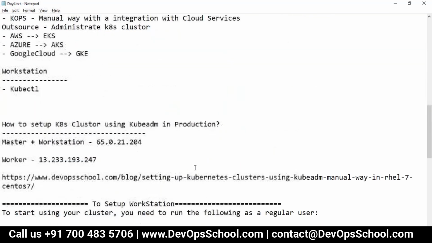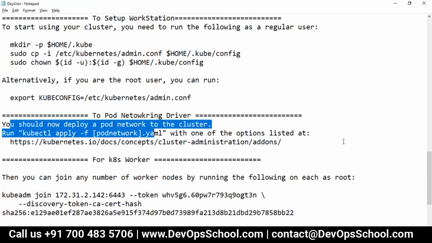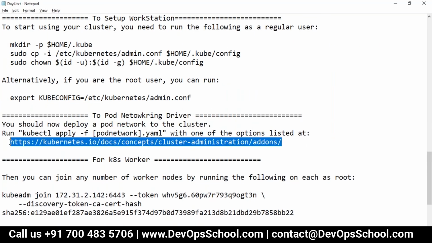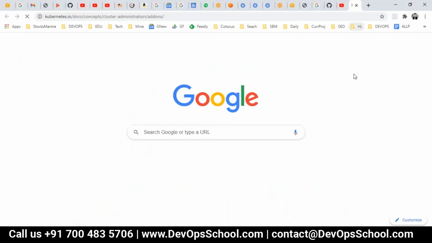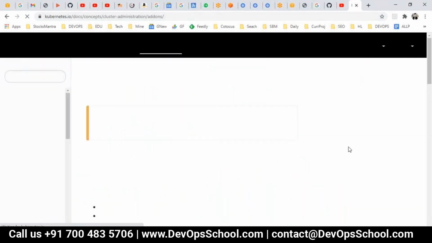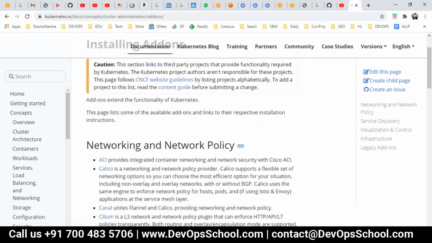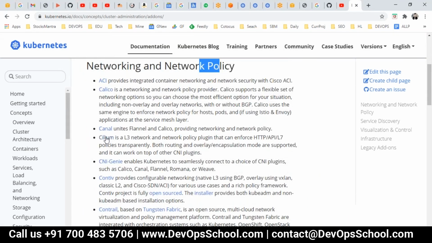But if you go to this URL, look at this, read this, and spend time here. If I go to that URL, add-ons, and here you see networking and network policy. So how many drivers do they have?